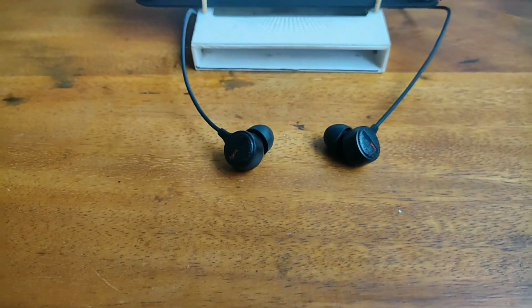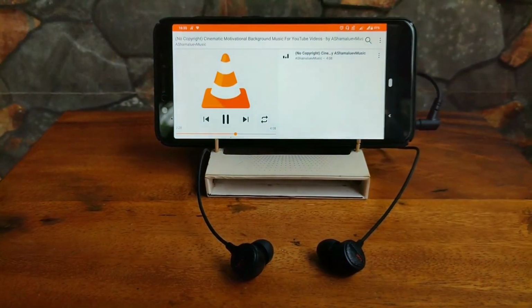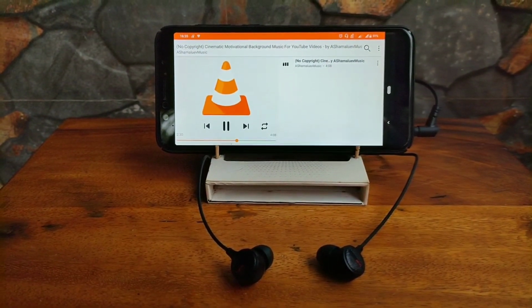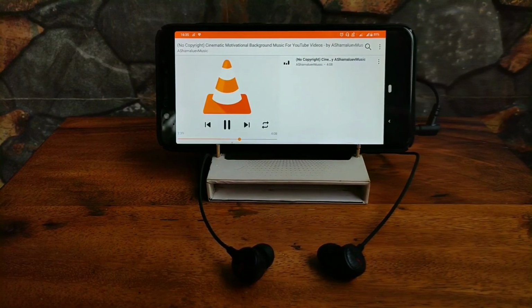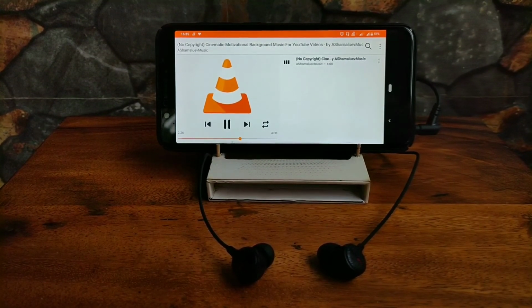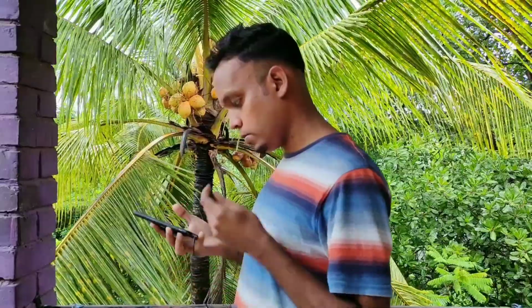Let's talk about the sound quality now. Well, to be honest, I feel sound was good, especially considering the price of the earphones. If you're a bass head, then this won't disappoint you. The bass is kinda boosted on these, and the drivers pump a good amount of bass with some amount of